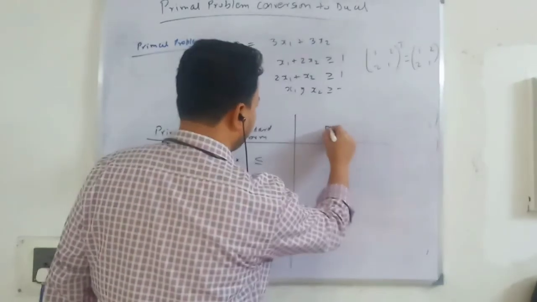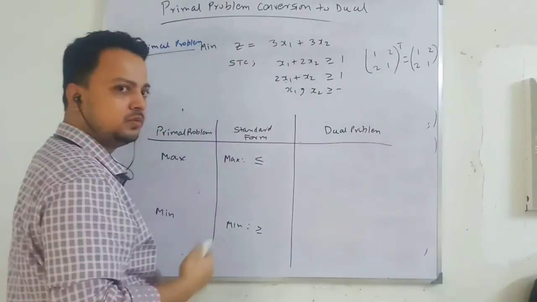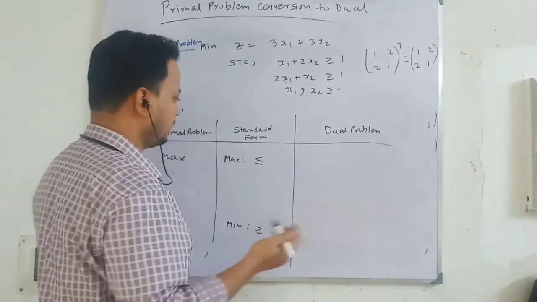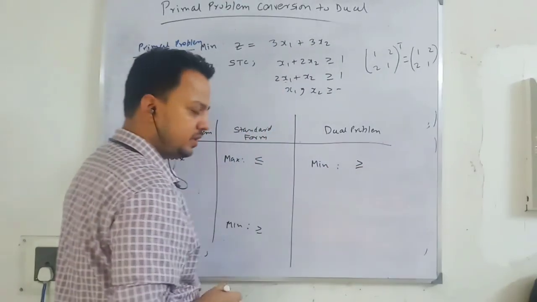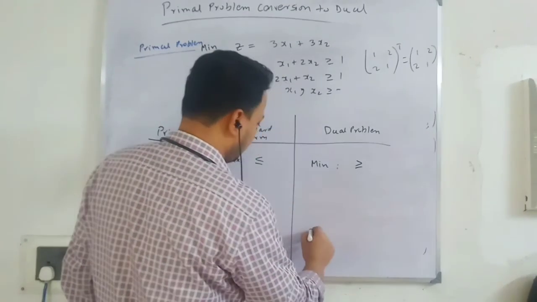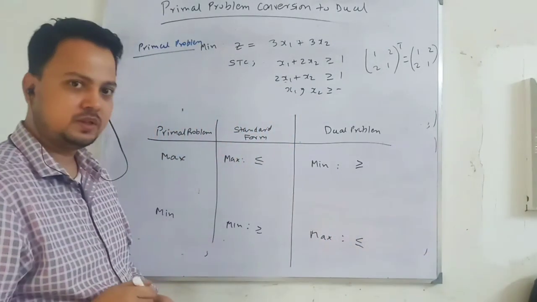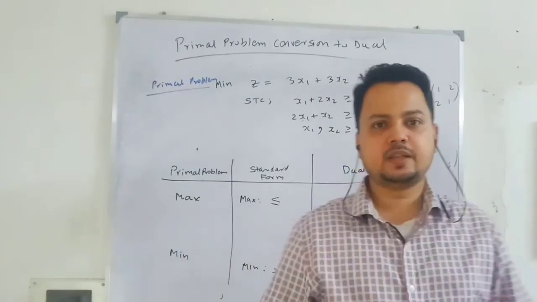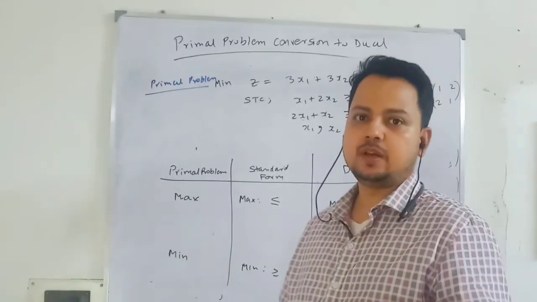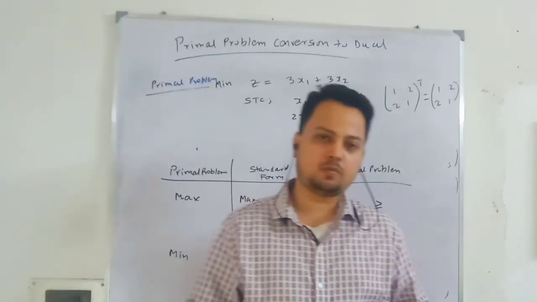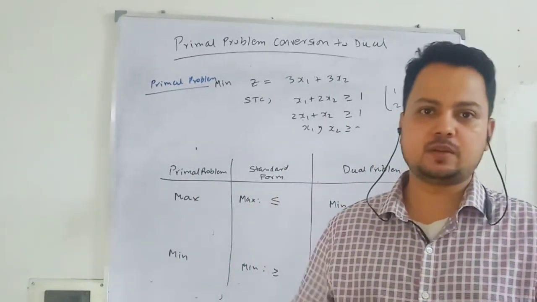Okay. Then we set up a dual problem. For maximization of profit, the dual problem will be minimization of cost. Okay. So we do the minimization, and here sign will be greater than equal to for the constraint, and for minimum it will be maximum in the dual case, and sign will be less than equal to the constraint. Okay. In this format we convert the dual problem, and given the steps that I have given, we can convert any primal problem into dual problem in linear programming problem. Okay. I hope this is clear. So practice some questions. Okay.